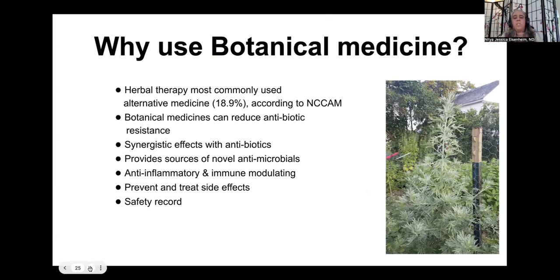But there's a lot of synergistic effects with a lot of these herbs. Like we know Chinese skullcap and a lot of the basic Lyme herbs actually help the antibiotics work better. They help prevent side effects. They're anti-inflammatory, immune modulating, and most of them are safe. And then next one,